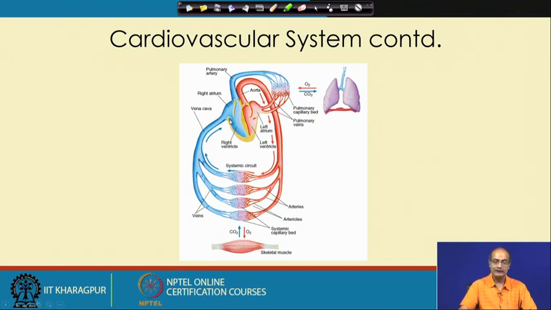Once the blood gets accumulated in the ventricles, the ventricles get compressed, and from the right ventricle the blood is pumped out and sent to the lung, where carbon dioxide is released and oxygen gets into the blood, and the oxygenated blood comes into the left atrium. From the left atrium the oxygenated blood comes into the left ventricle, and the left ventricle pumps it out